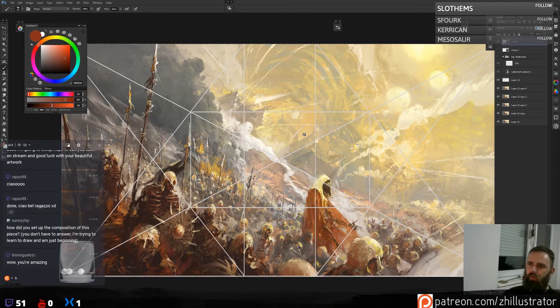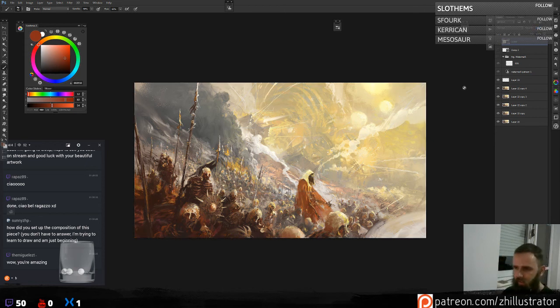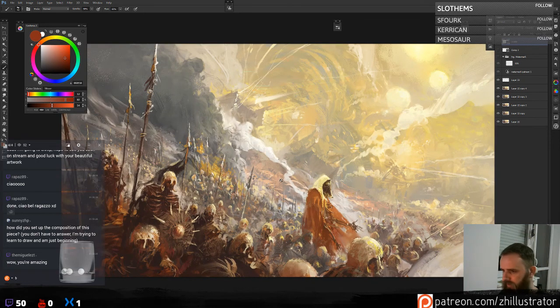It gives you the golden ratio and some diagonals, and it helps you frame some of the elements in the picture. And just having fun and thinking about atmospheric perspective, the flow of the illustration, all those different things.